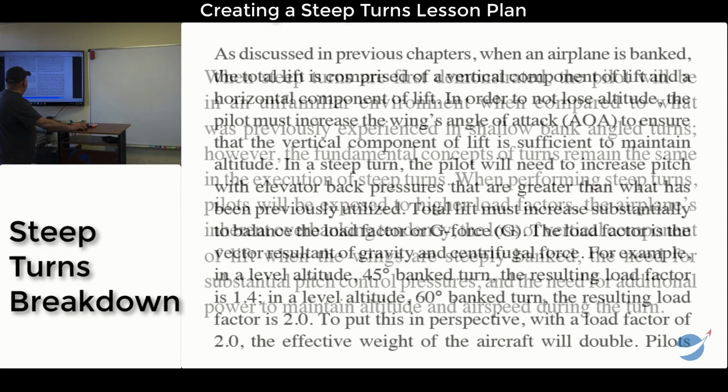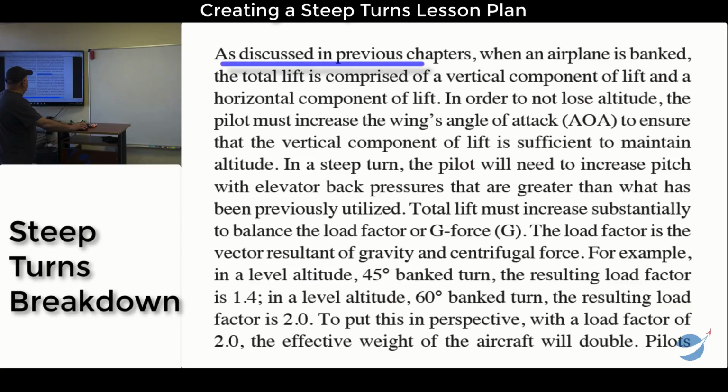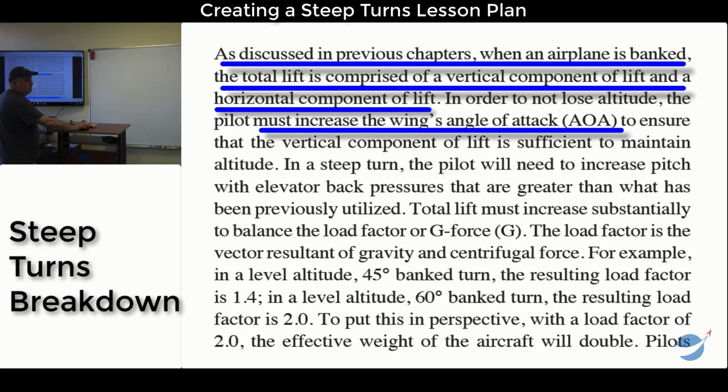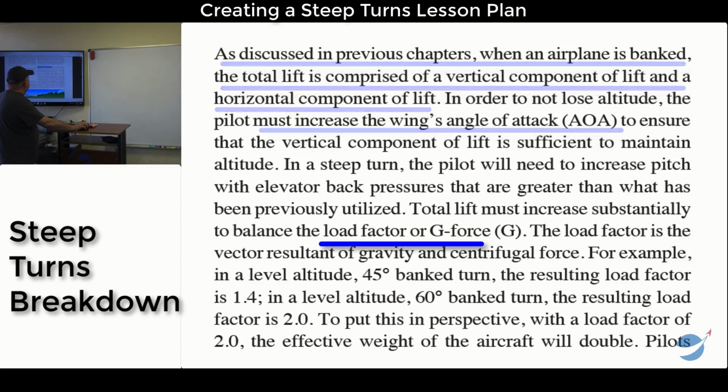So I think if we look at it, it says, "as discussed in previous chapters." Now I'm very curious as to what was discussed in the previous chapters, of course. When the airplane is banked, the total lift is comprised of a vertical component and a horizontal component, and how you need to change the AOA, angle of attack, so as not to lose altitude and increase power to maintain speed. And then, of course, it talks about load factor and G-force